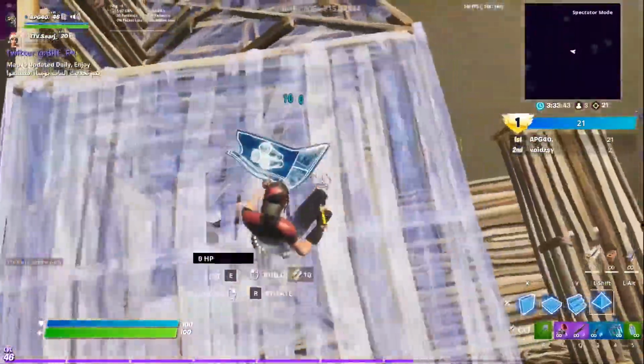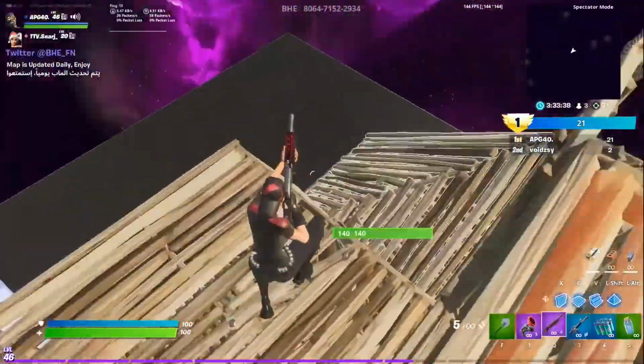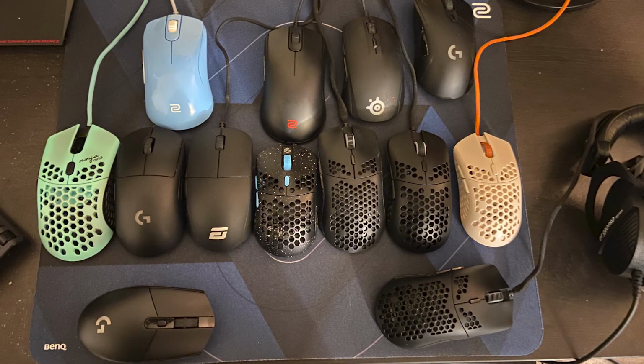But if I'm not using this mouse, I would put this on display over all the other mice that I had, which is a lot of mice, by the way. I do have a collection. It's not a huge collection like people like Rocket Jump Ninja have, but it's a pretty decently sized collection, probably